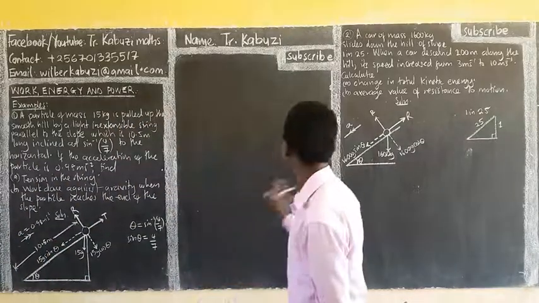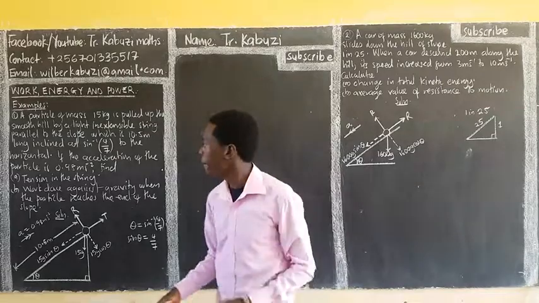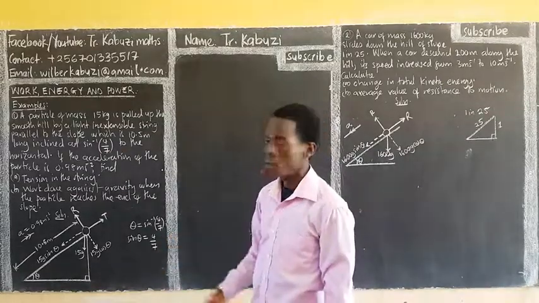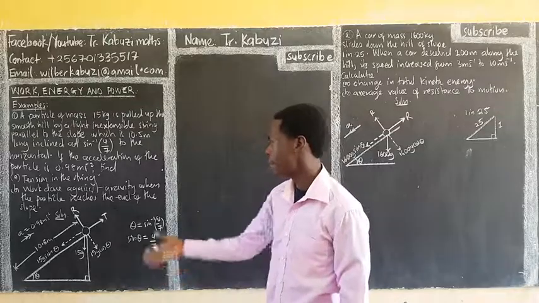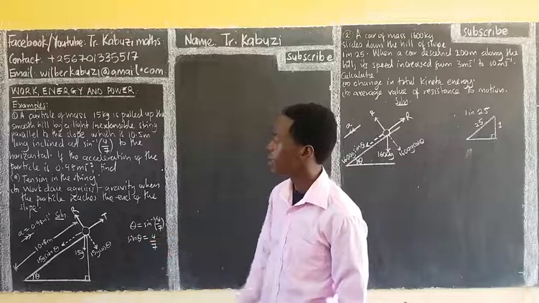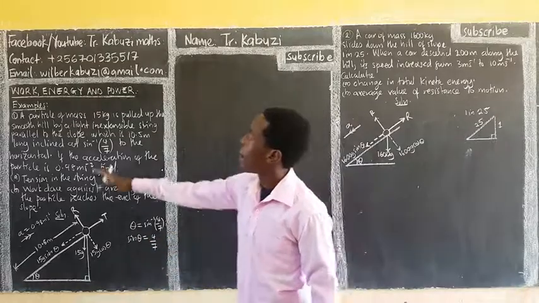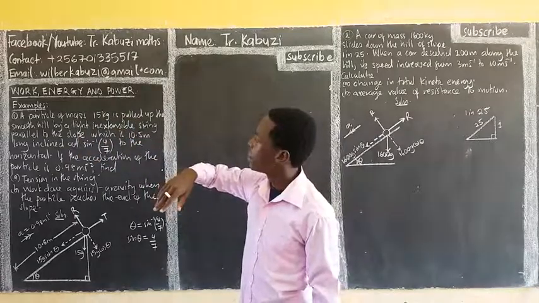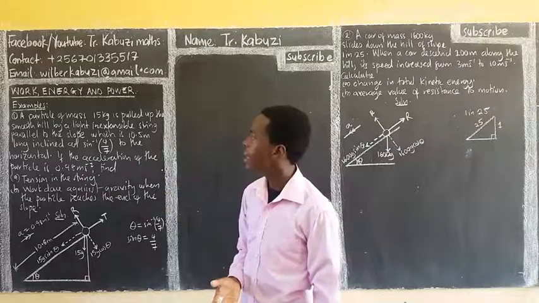Okay, let us see these two examples. We start with this one. A particle of mass 15 kilograms. I've already done this case because we have seen many examples and network about these ones, inclined planes. So, a particle of mass 15 kilograms is pulled up a smooth hill, so you don't expect anything like friction